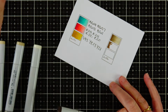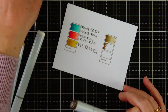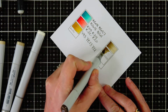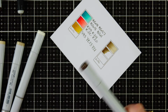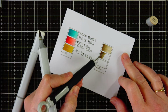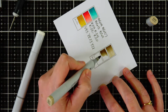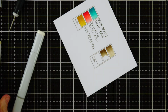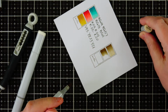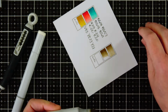I always start, well, the majority of the time, I start with my darkest color. Now I'm showing you with my needlepoint where I'm going to put the next color. And I'm putting that marker on that color, and then I'm just dragging it with the lighter color. Now I'm going to do it again. See, I'm just barely at that line. Taking that marker, touching it to the darker ink, pulling it forward. Doing it again, almost at the line, grabbing the ink, pulling it forward, and with my lightest color,